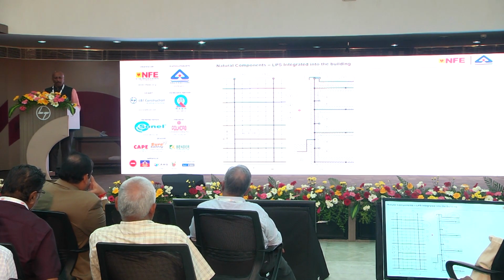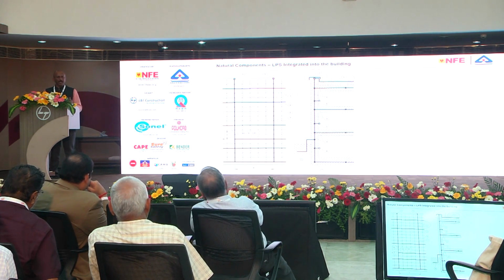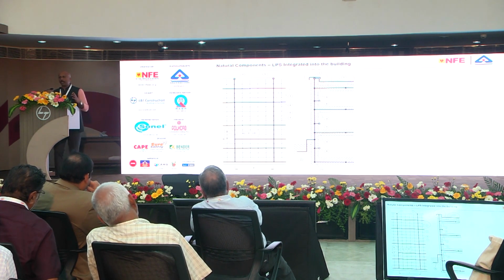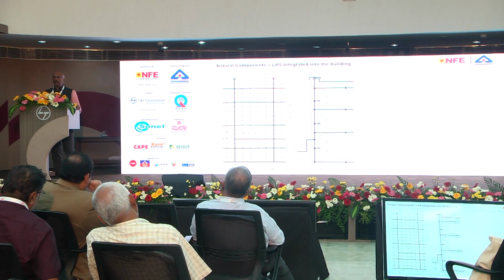Now, the simple method is to route your down conductor through the columns, which we generally call structural lightning protection, but the name in the standard is using natural components. It means you already have some steel material in the building construction. You ensure that those materials are strong enough to handle lightning current. So during construction, you make it stronger. As a result,